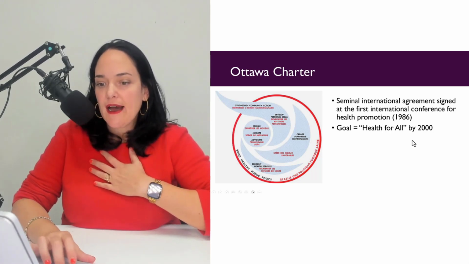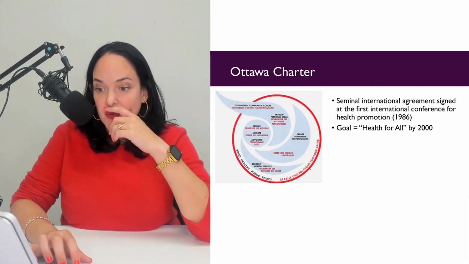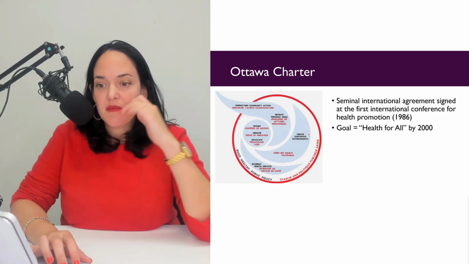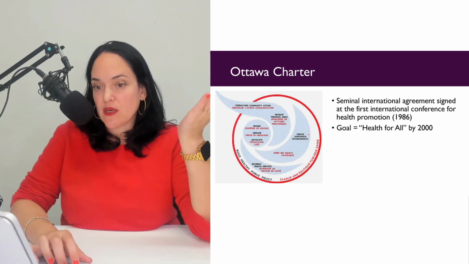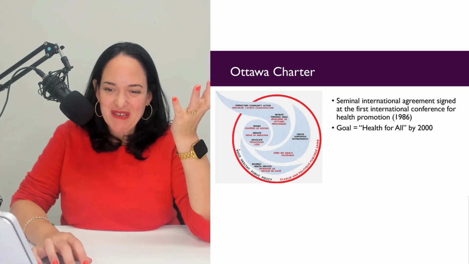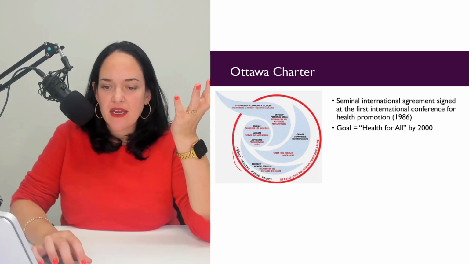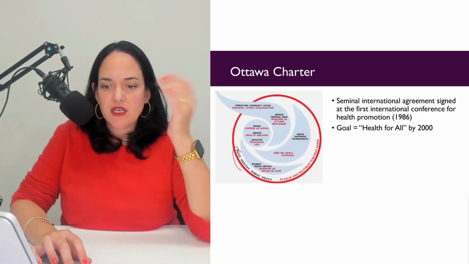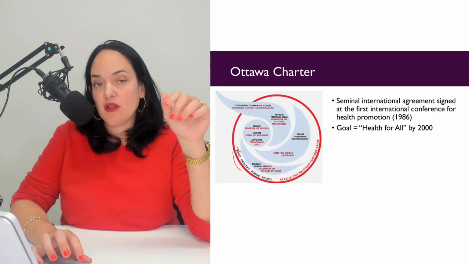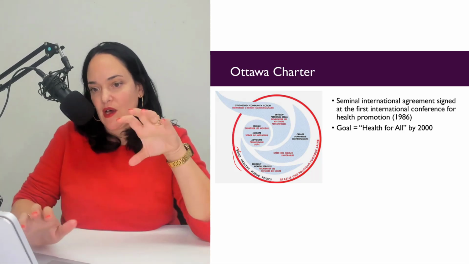So this, actually, let me just work us through this visual model right here, because this is what the Ottawa Charter looked like when it first came out. And one thing I do want to highlight is that it is in French and English, unsurprisingly, with our language laws here in Canada. But you'll notice that on the outside of this graphic is the phrase build healthy public policy, because that is foundational to all other efforts in health promotion.